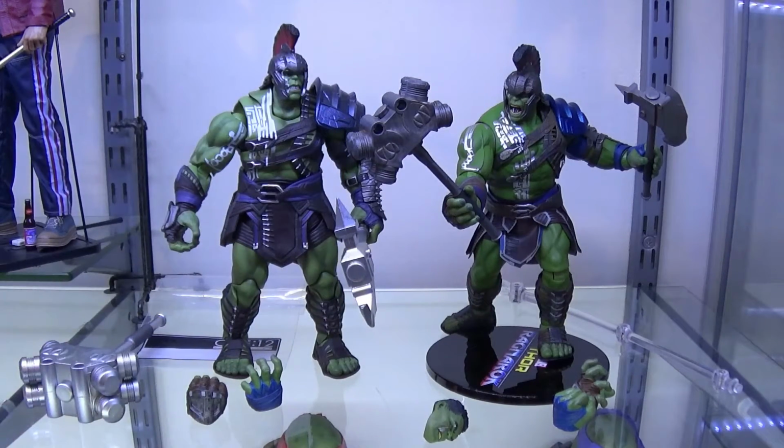So I totally get it. Now, I knew all this going in because I saw the reviews, so none of this is a real big surprise to me. I expected it. So when I unboxed him and had a look at everything, all I was looking at really was how nice the entire package is, how great the colouring is, how great the weathered weapons are, and how fantastic the two head sculpts are. It is just a shame that the colours of the head and the hands are a little bit off,